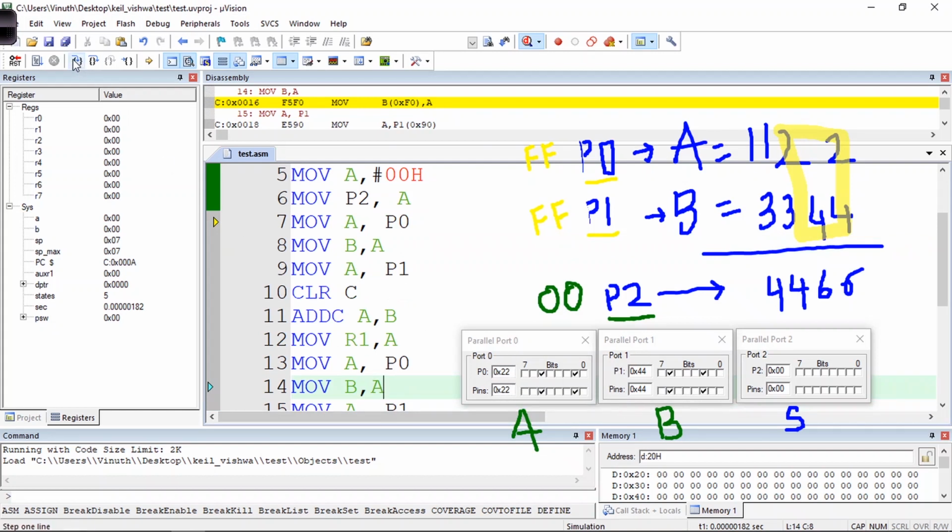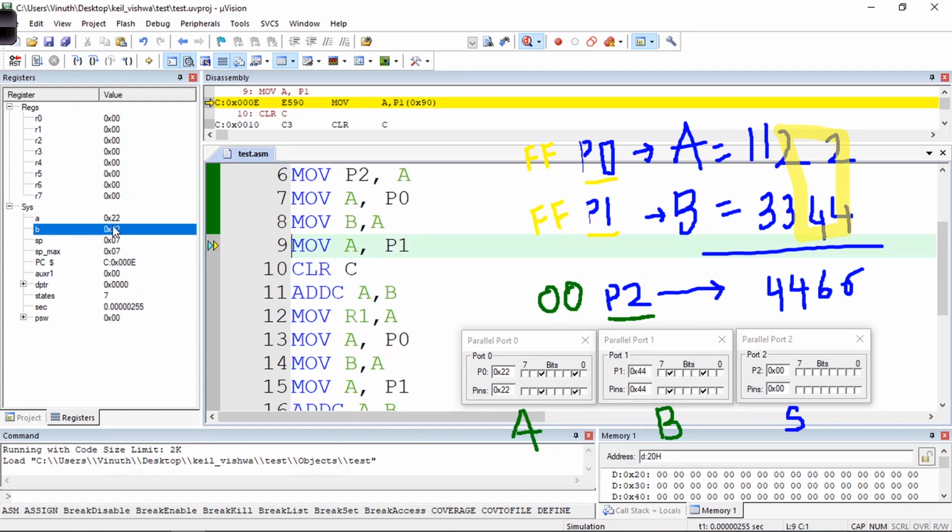Then let us continue. A has now been loaded with 22 hex, so I'll take a copy in B. Now you can observe B has been loaded with 22.